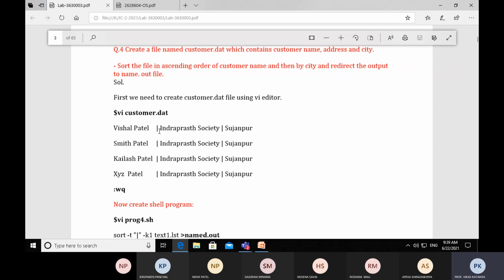Now every field must be separated with a delimiter, a field separator you can say, and here we are using the pipeline symbol as field separator. With the pipeline symbol we can separate two fields, name followed by address and city.